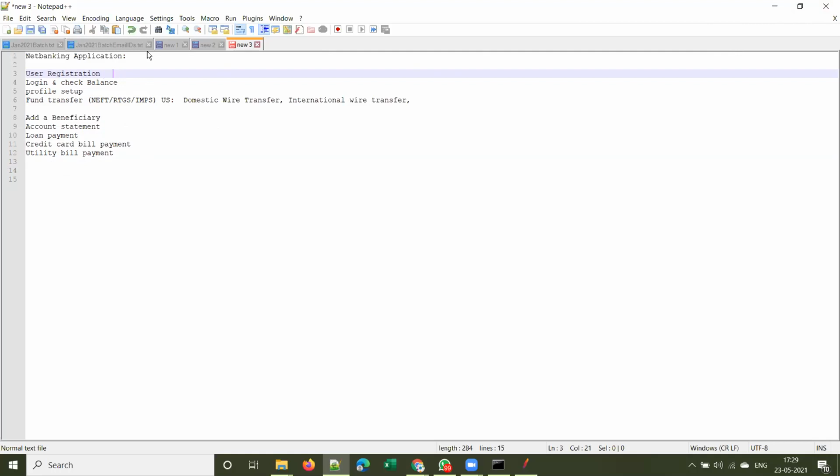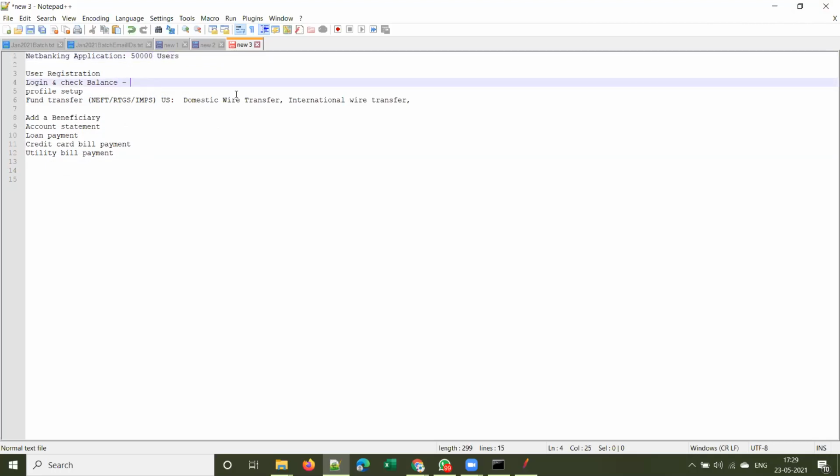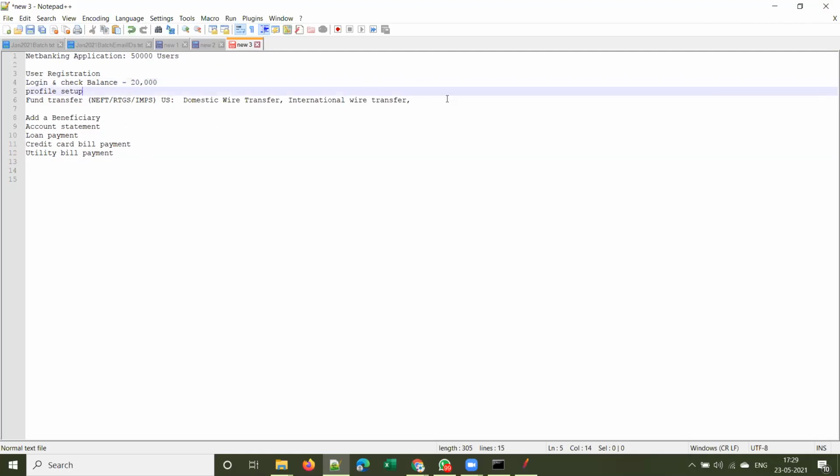For example, if your net banking application has some 50,000 users, most of the users may be doing login and check balance. There may be around 30,000 users doing this every day, or some 20,000. Fund transfer is done very frequently, so assume some 30,000 users will be doing this.